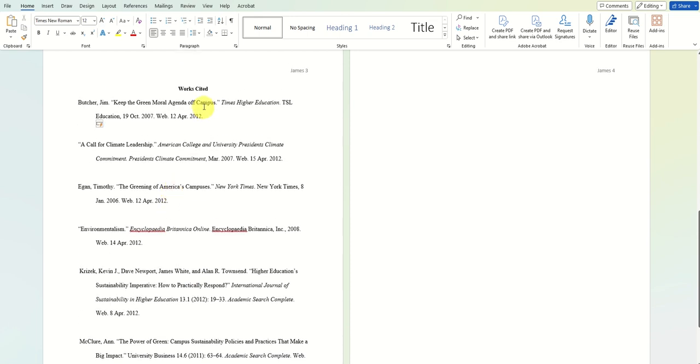Once you've completed these steps, you've now formatted the works cited page. To keep this consistent, I'm going to make this 2